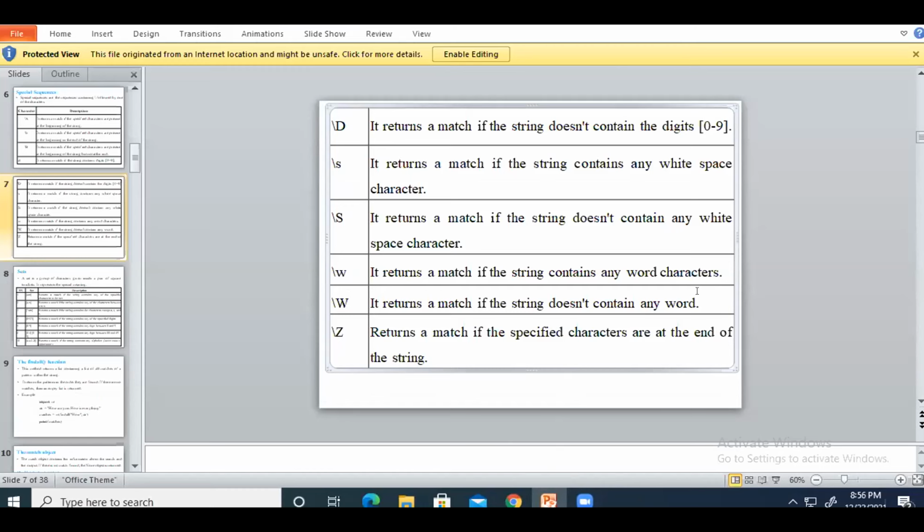Okay. And next, the \Z operation returns a match if the specified character is at the end of the string.